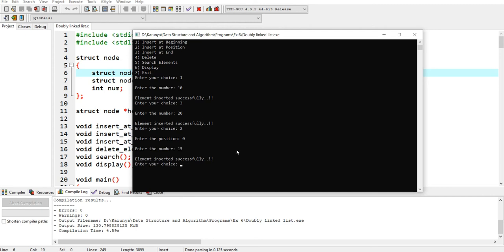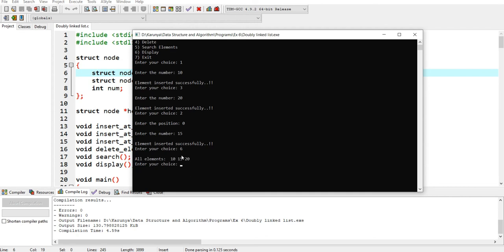Now I have to check whether the elements which I have inserted are present in the list or not. So here are all the elements present in the list. First, at the beginning I have inserted 10. At the position of 0 I have inserted 15. At the end I have inserted 20.